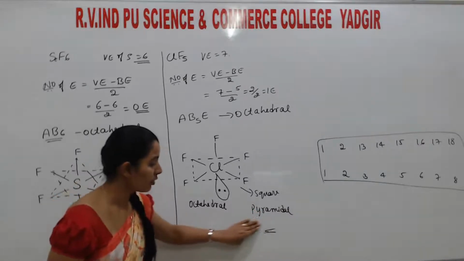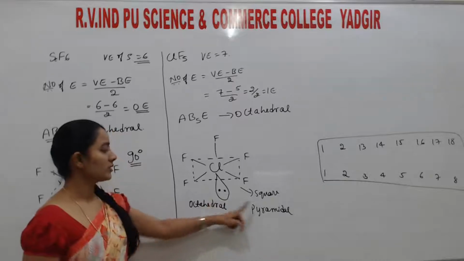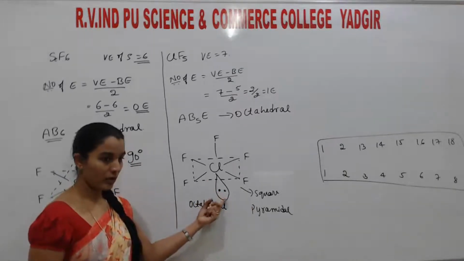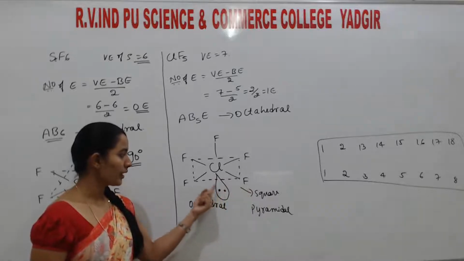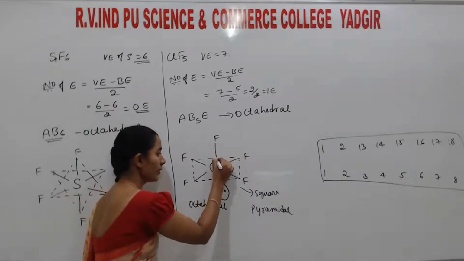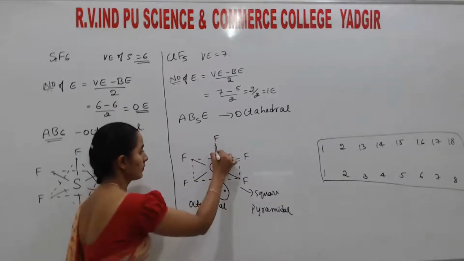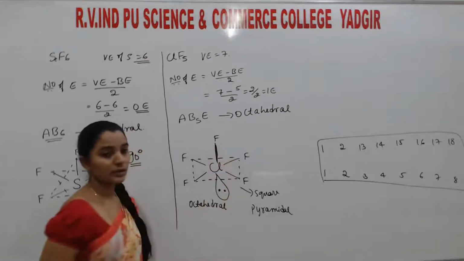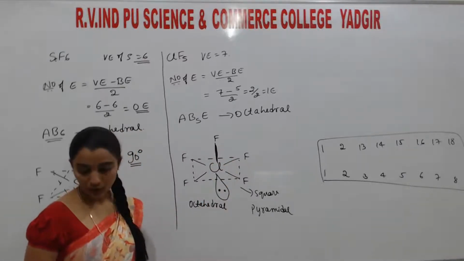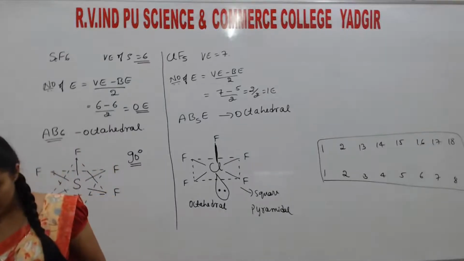So don't worry about the bond angle, just see the difference. Octahedral, when we consider the lone pair electron. If we don't consider the lone pair electron, only considering bond pairs, I will represent it here. This is square and this one is pyramidal. Okay, this is square pyramidal structure. So next, another example is